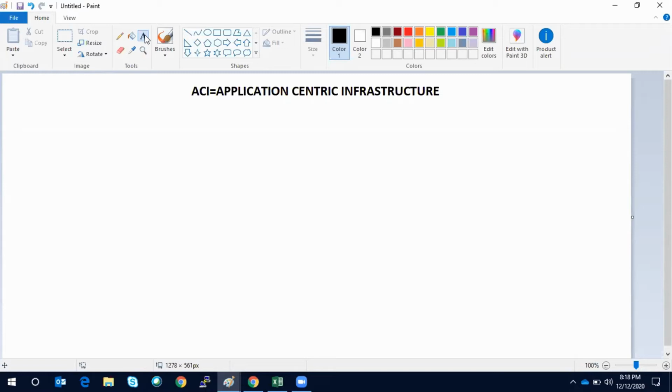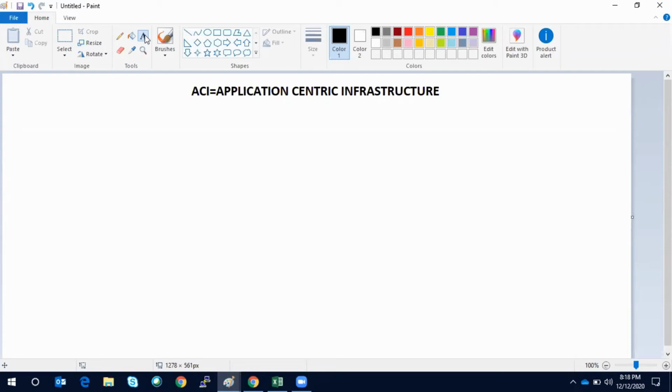So ACI basically, here we create a policy based on the intent. When we create a configuration and click submit on the APIC, that policy gets programmed into the hardware. So it is intent-based networking, so it facilitates the application deployment. We will look further when we talk about the various concepts. We will see it becomes easy in ACI to configure the policy and roll out the application very fast.